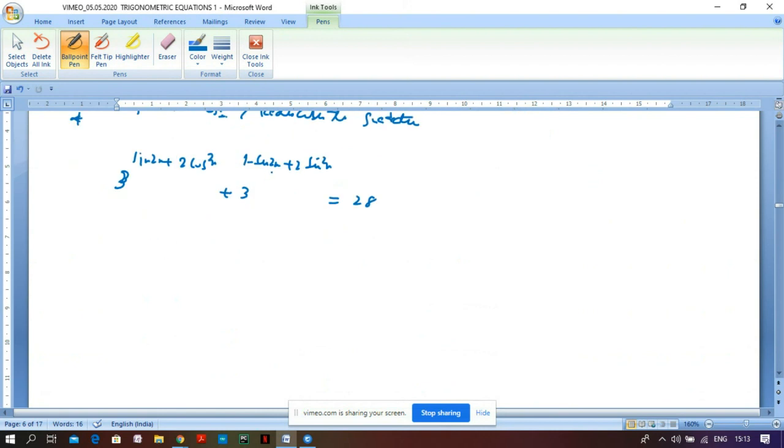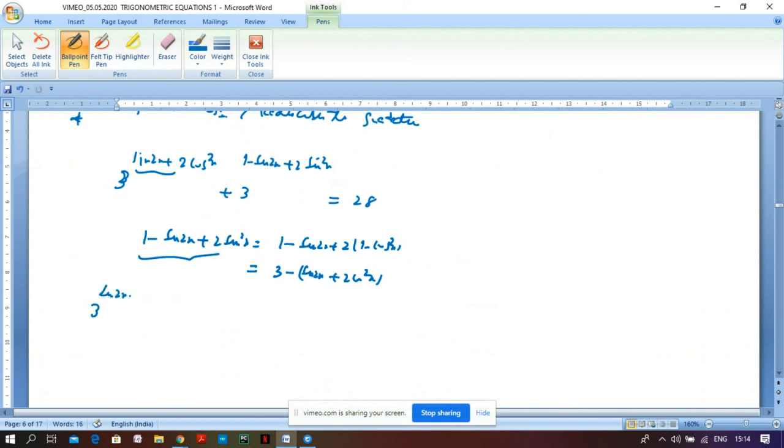So notice that it is sine 2x plus 2 cos square x. So I can write the other exponent, 1 minus sine 2x plus 2 sine square x, in terms of 1 minus sine 2x plus 2 times 1 minus cos square x. So I can write 3 minus sine 2x plus 2 cos square x. It means the sum of this number and this one is of course 3. Now if I take 3 to the power sine 2x plus 2 cos square x equal to t, some variable t, then